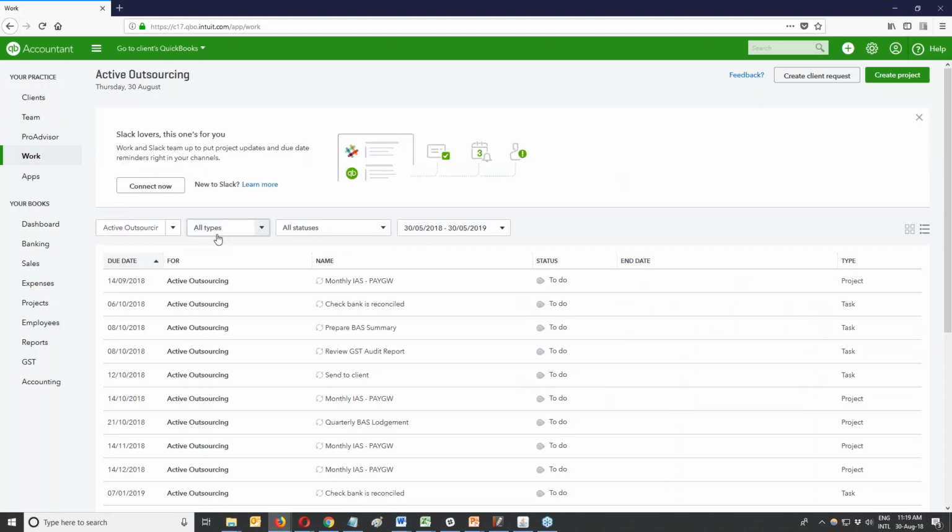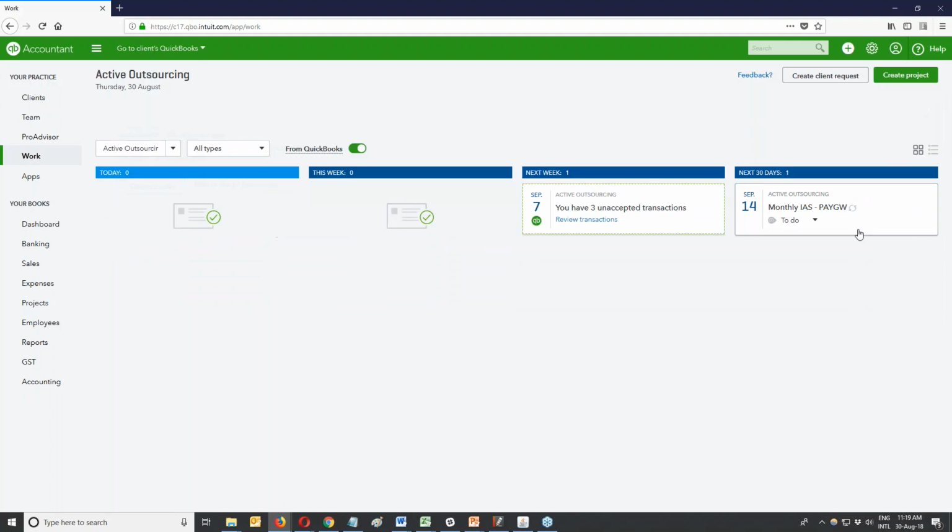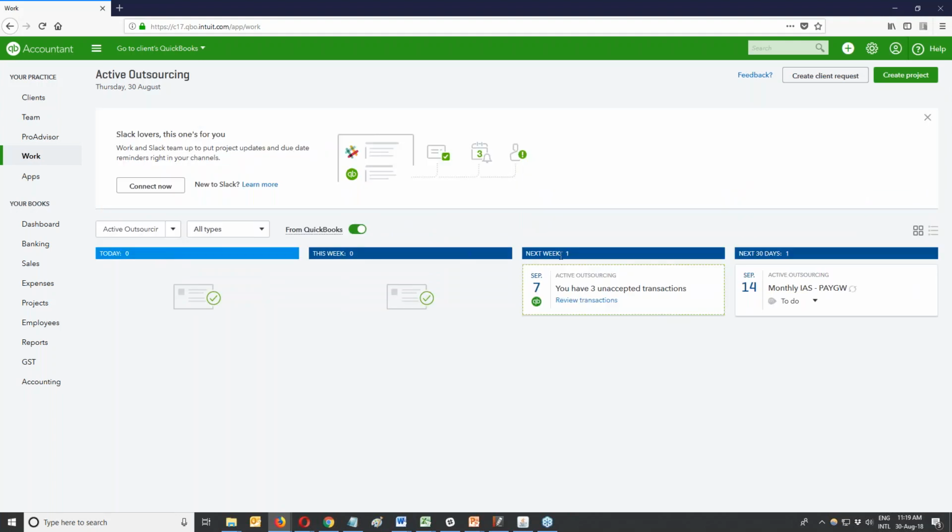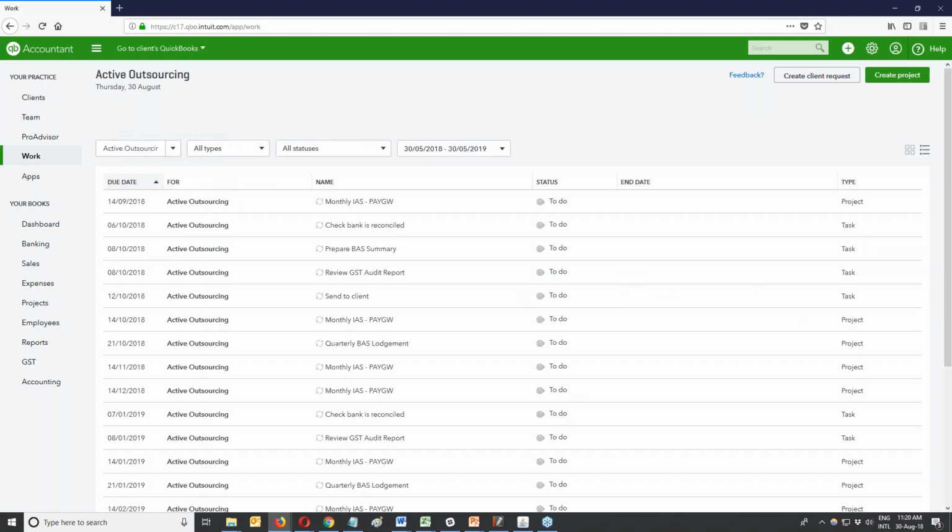But at the same time, I just need to know what needs to be done now, or soon, or I've got a little bit of time to worry about it, or I can forget about that for now and worry about more pressing things. So that's how you create a project and add tasks to a project. It's really easy to remove a task from a project as well by editing the project and just selecting remove to the trash can. So if I go back to the listing view here,